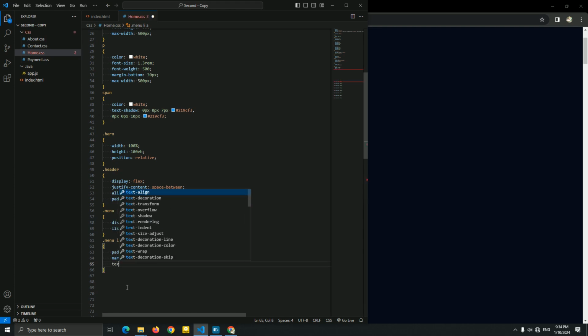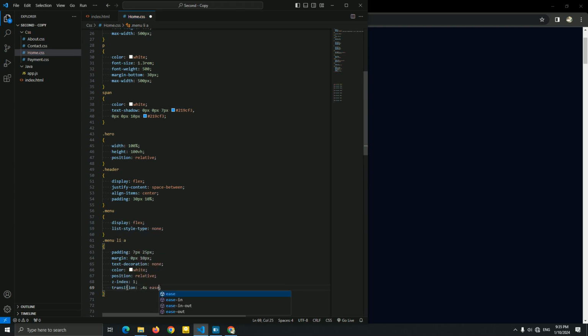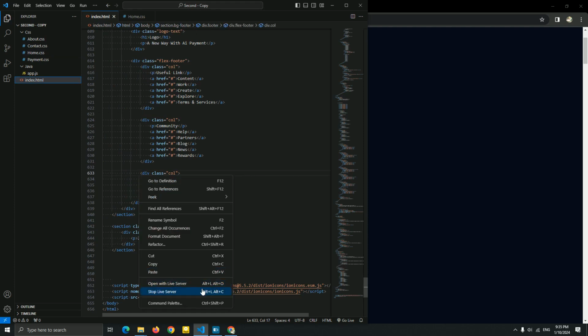Okay, text decoration none, and color white, position relative. And let me add the z-index 1 with a transition. Okay, so let me just open the live server, guys.